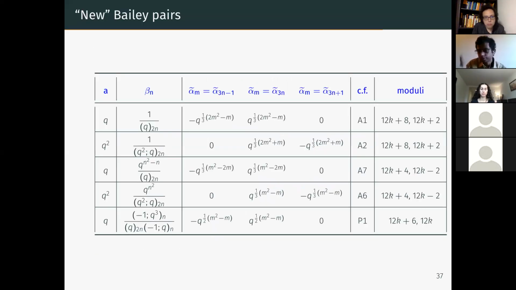Okay, so these are the Bailey pairs. As I said, the alpha part involves alternating things. So you see a minus and plus and minus. That's the alphas in my Bailey pair that I want. These are the betas. They involve Pochhammers like what you now know. And some of these pairs are with respect to the base q, and some are with q squared. There's a nice pattern here. If you're with base q, then it turns out that your 3n plus first alpha is 0 always. If you are with base q squared,